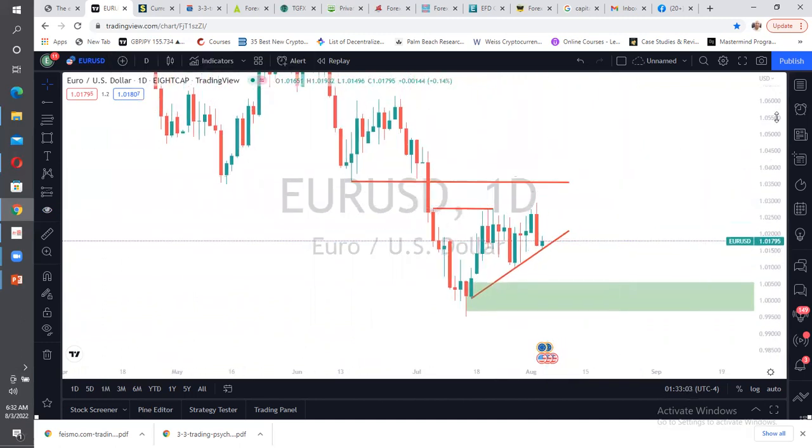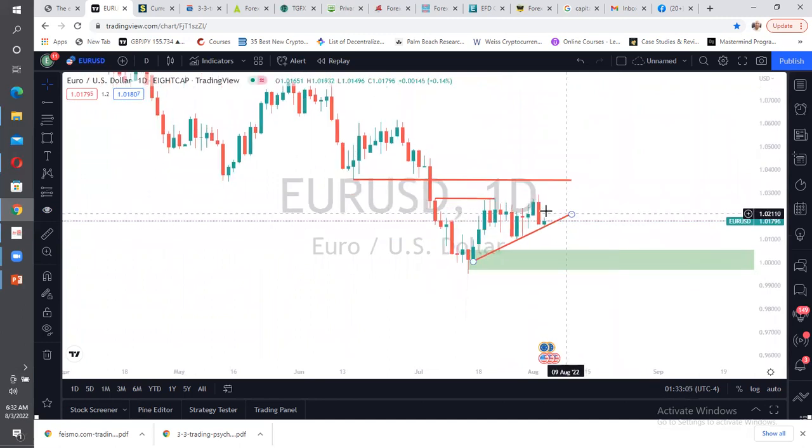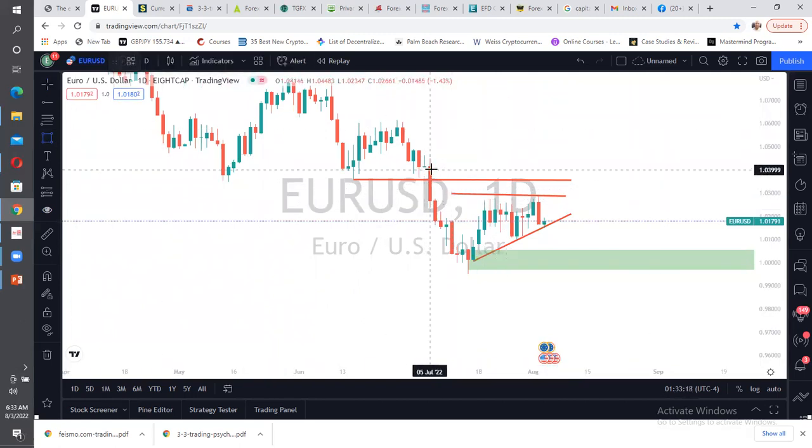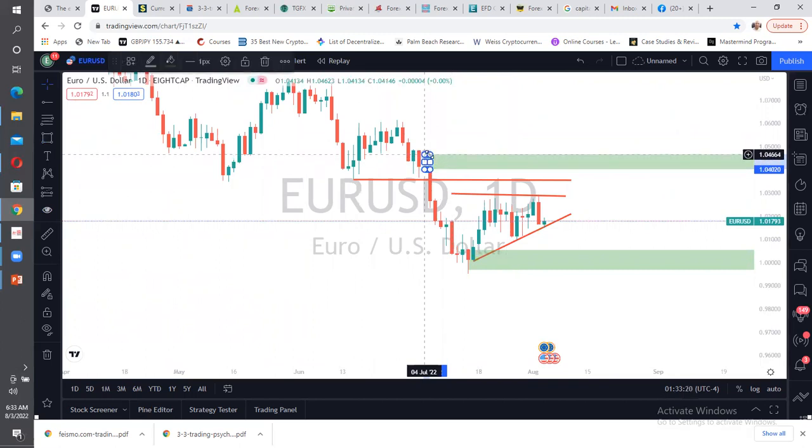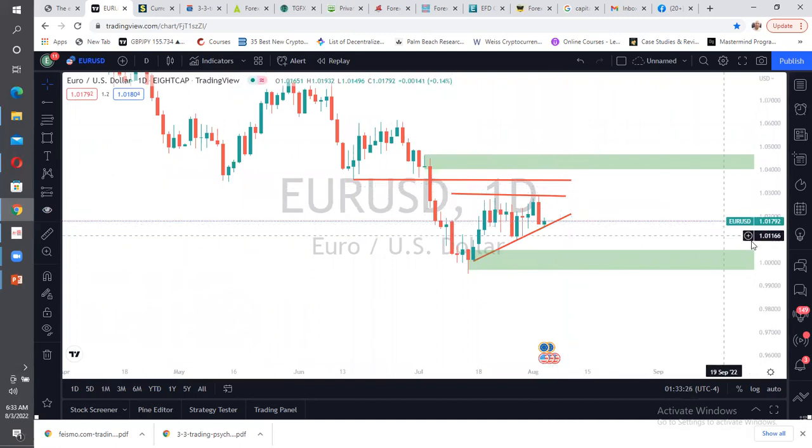So what are we looking at then? We have liquidities resting above this level that we would like them to come and take off. And here also, we'll have this other block here. All right, and this level here is very, very important. It's a very, very important level for them.